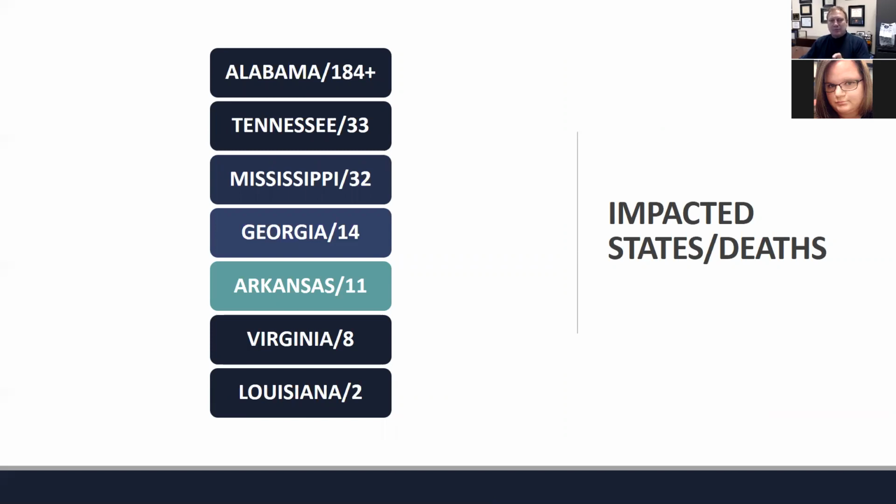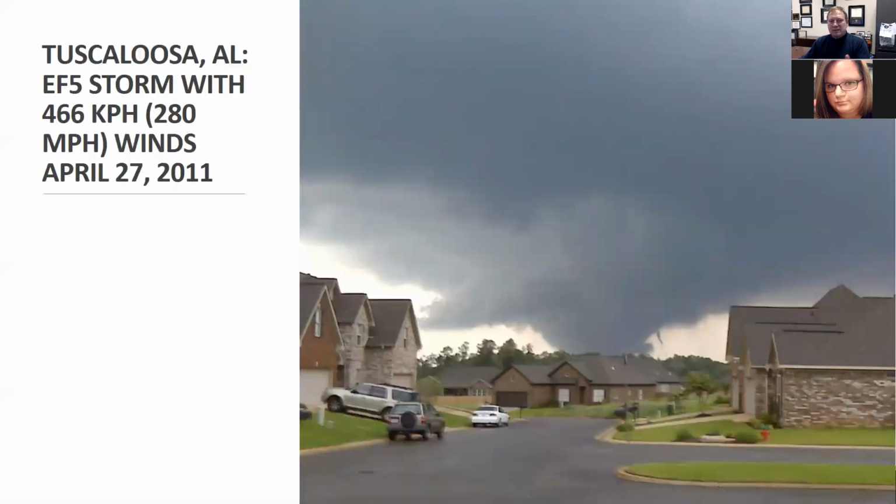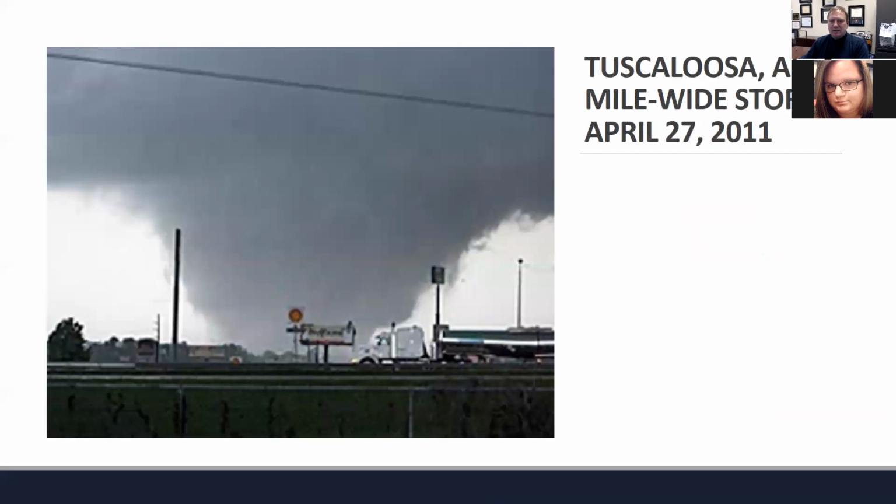And then the number out beside of the state is the number of deaths that occurred because of those early tornadoes. Now, later on, there was actually a greater number of deaths that occurred in Missouri, but this is, I think, as of the end of April. So this is Tuscaloosa, Alabama. Size of the storm was about 1 mile wide, which is really very large for a tornado. Tornadoes typically aren't that large.